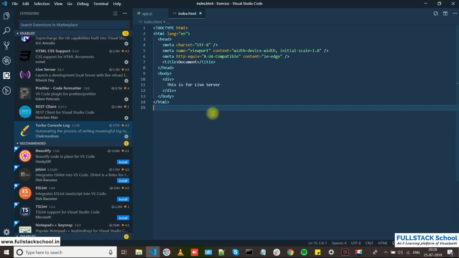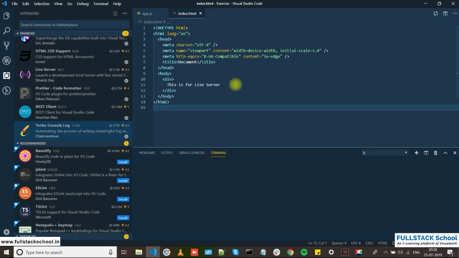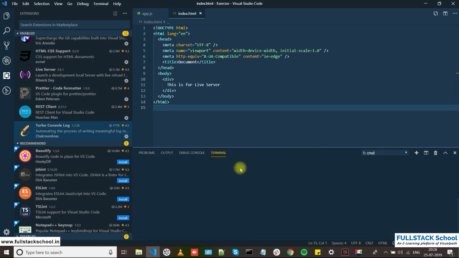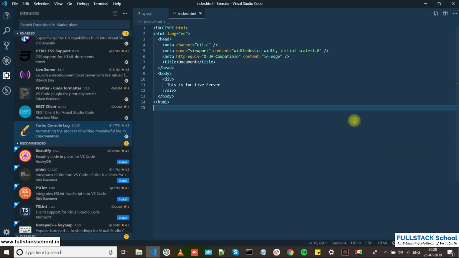Okay, this is about my VS Code settings, and I'll tell you guys some shortcuts also. Control J opens up the window at the bottom, and Control tilde opens up the terminal from which you can type anything. Control P helps in finding which page you have to go to.